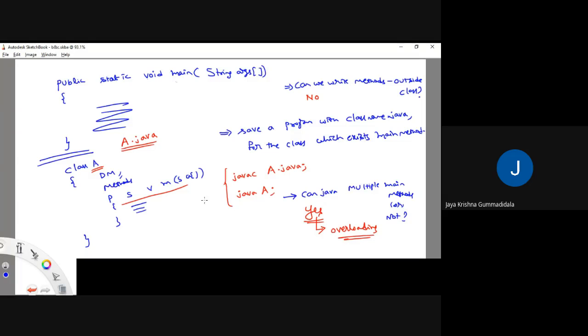See here, I have explained this one in such a way that string args. I can write like this also. Don't be a textbook lover. String args. What is args? It's a kind of variable, an array variable. So this variable can be anything. You can even write my name. String jk, or I can write string Durga,